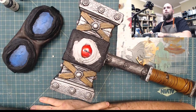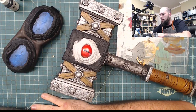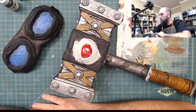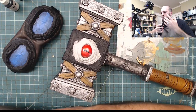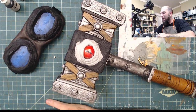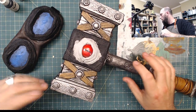Tonight's going to be a little different than the past handful of nights because I need to get some painting done on some props that I'm going to be incorporating into my Halloween costume. So what I've done is I've taken some pre-existing props that I got from a local Halloween shop that were pretty inexpensive, and then I modified them a little bit, and I'll show you what I've done, and then I'm going to break out some paints and we'll get started painting them and just see where the night takes us. So this guy right here,